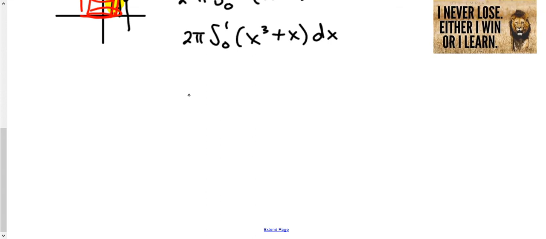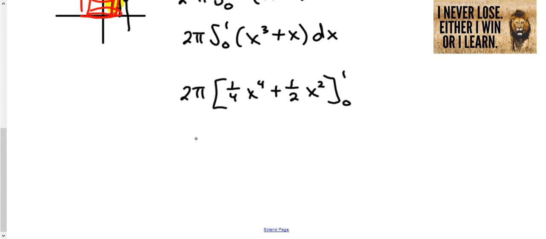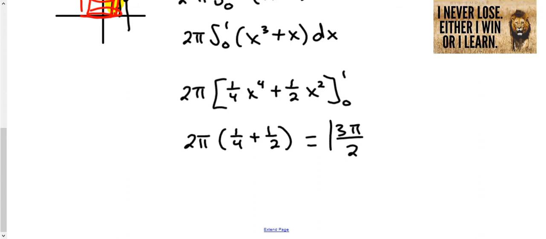So let's see, we got 2 pi times the antiderivative of x cubed with respect to x would be x to the 4th over 4, or 1/4 x to the 4th, plus this is going to be x squared over 2, 1/2 x squared, and we do it from 0 to 1. So we've got 2 pi times, plug 1 in there, we get 1/4 plus 1/2. Plug 0 in there, we get 0. 1/4 plus 1/2 would be 1/4 plus 2/4 would be 3/4. Times 2 would be 6/4. Reduce it, and we get 3/2, or 3 pi over 2,